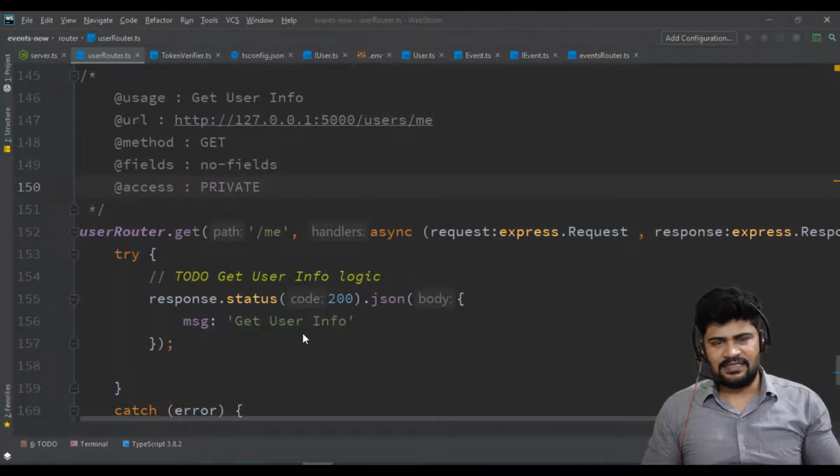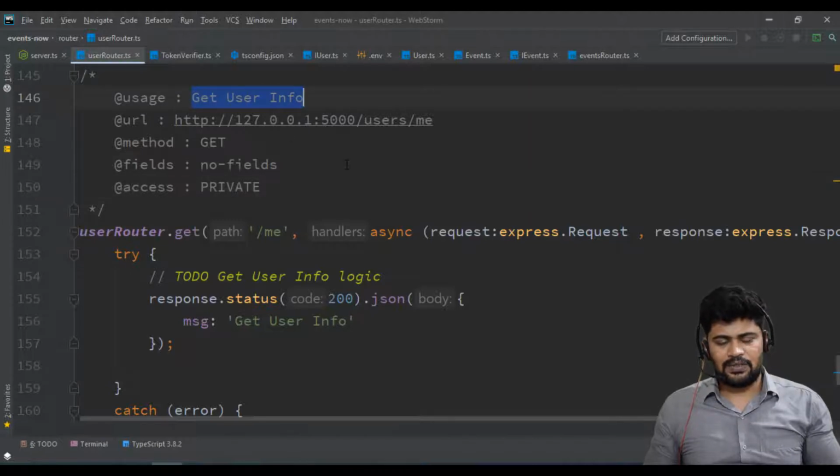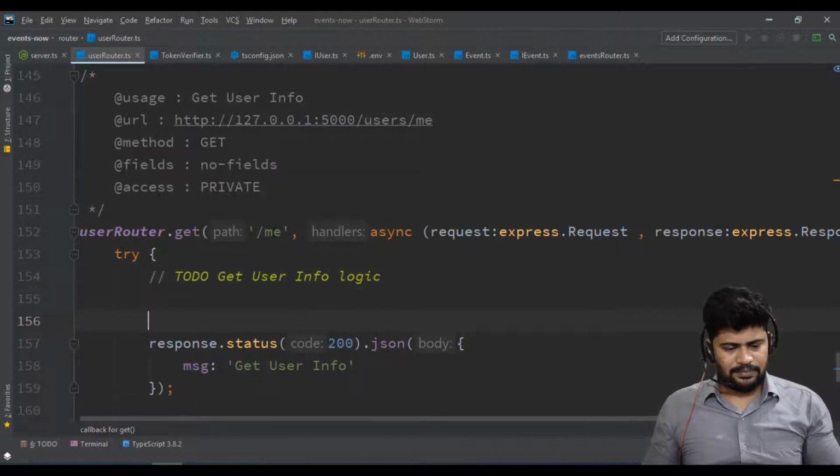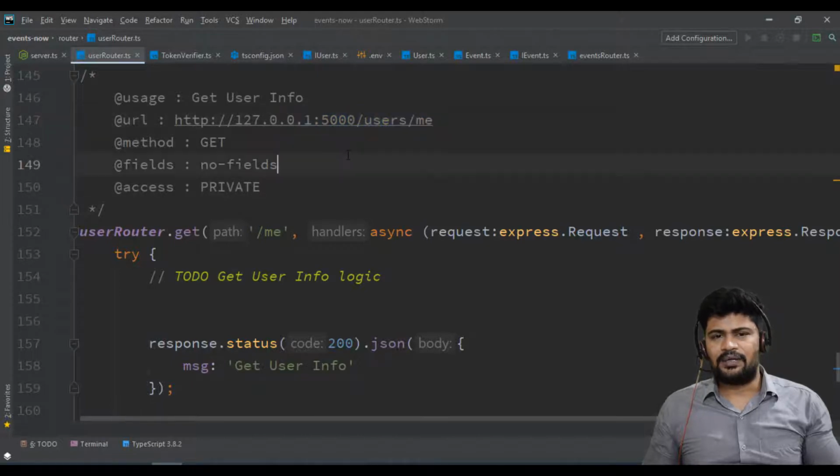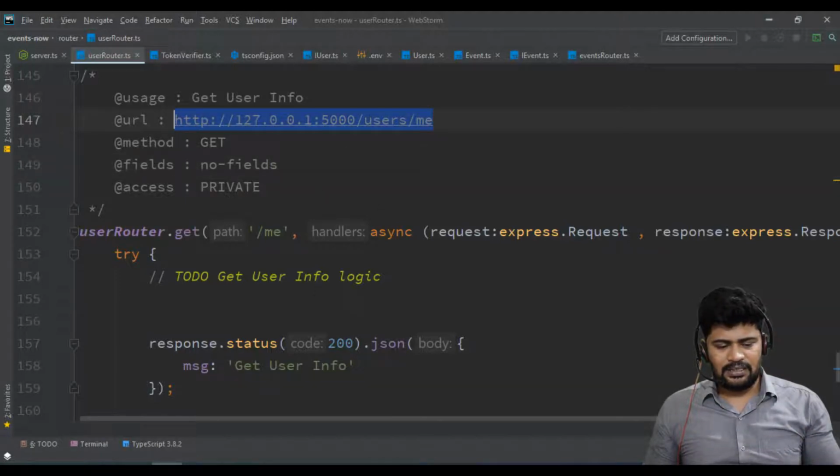So last video we discussed the token verifier to verify the token which you receive from the client, and now let's make the private request with the token. I have another route to get a particular user's information, /me. See here, it's a private route, so you're not providing any user ID in the URL. Generally, if you want to get a user's information, the primary key user ID is required, but the ID is not there. Then if your ID is not there, whose data do I have to provide? Simple story. This is what type of request a private request is.